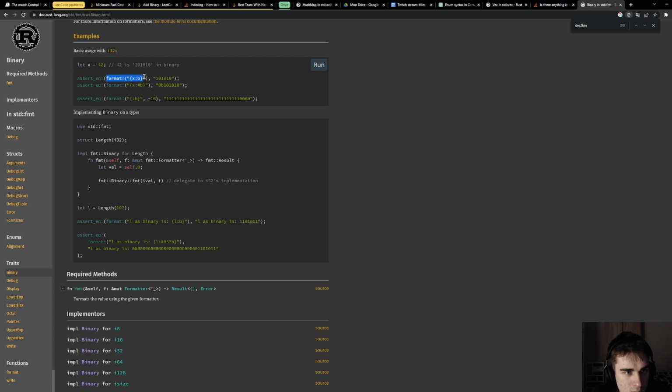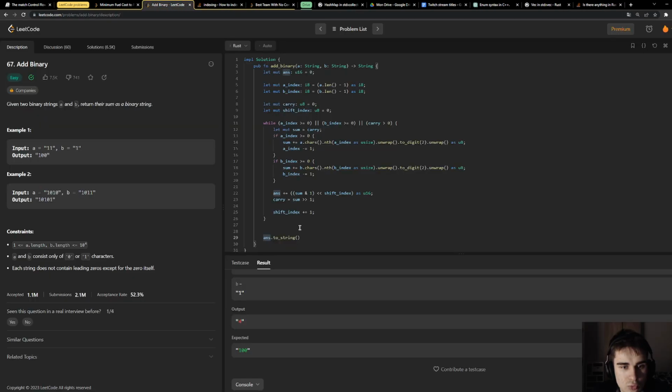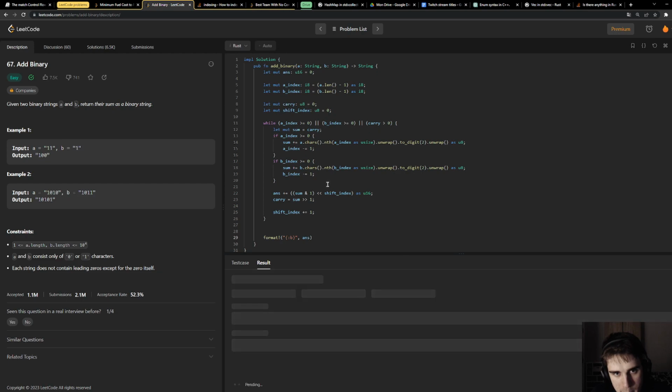Format... -16. I think that's what I need. Return, or I can just return ans as a binary.